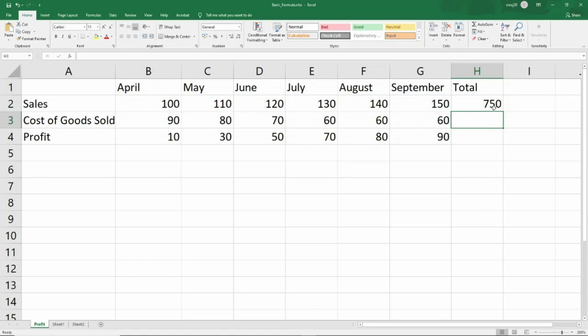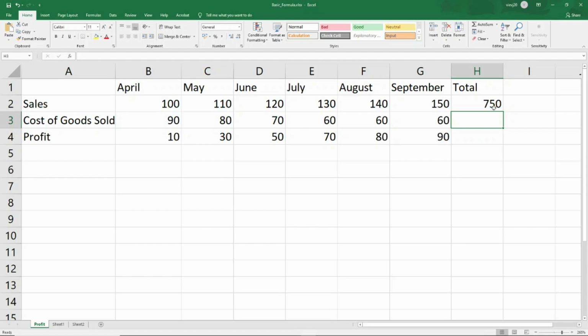Though it is not the best way, because just imagine if there would have been 100 or 1000 data points, what you would have done in that scenario. Anyways, this is one of the most basic things when you start using Excel. This is how a person would normally proceed, but let me tell you some other ways of doing it.